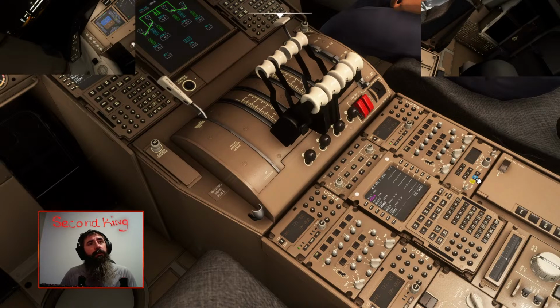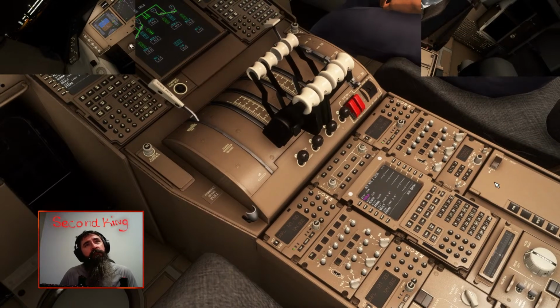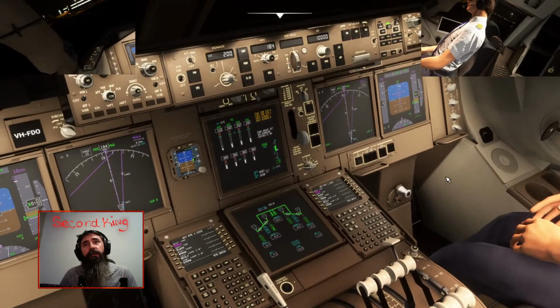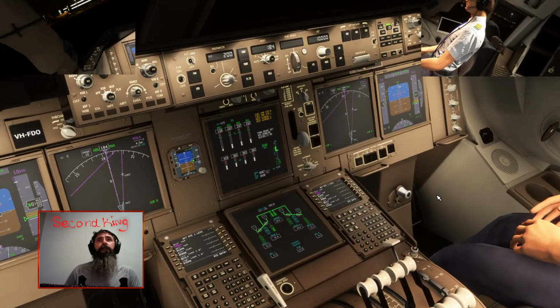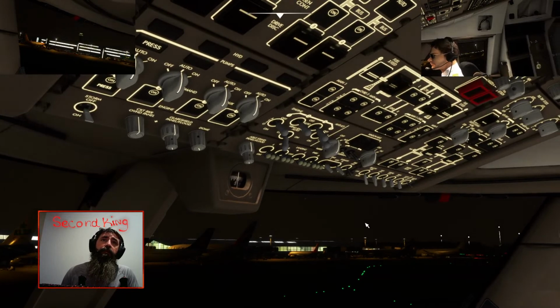We will go 7,000. We have a flight plan in, but we're just going to be doing a visual. We'll fly. We'll follow the path, follow the track. We're not going to really worry about the rest of it.